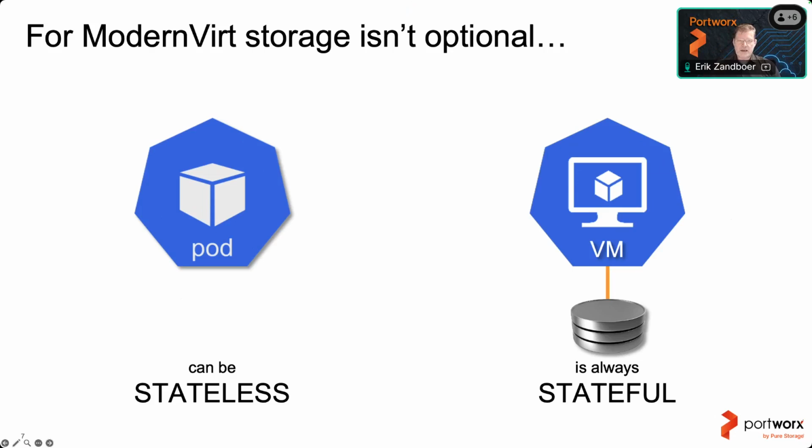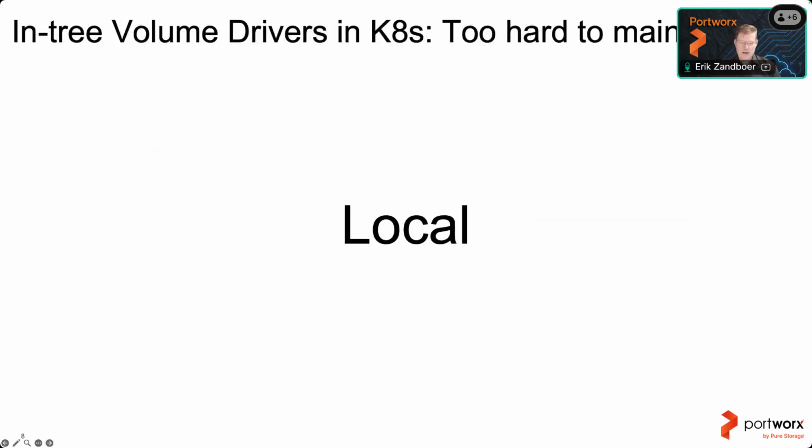So Kubernetes in the early days quickly discovered that, hey, even though we designed this container orchestrator for running stateless workloads, we might have to support statefulness. So very early on, they built what we call the in-tree volume drivers. They started out with local disk, being able to grab a local disk from a server and surface that up into a container, which of course doesn't make a lot of sense, because if that worker node was to die, which in the world of Kubernetes is no big thing, right? Because we would replace it with a new one, but you would have just lost your storage.